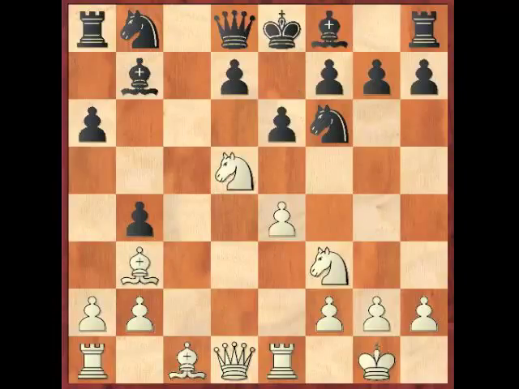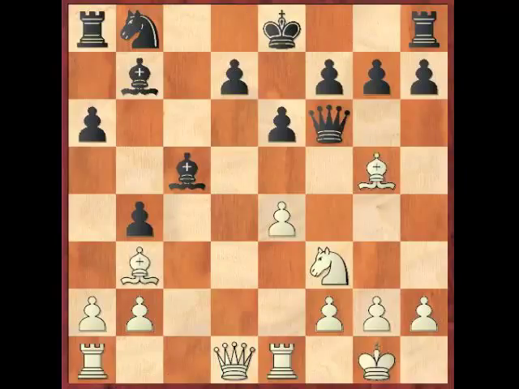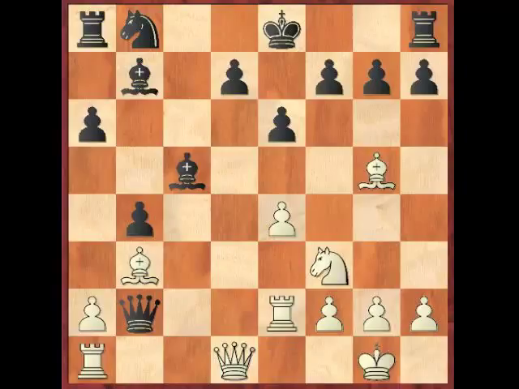Re1. And now instead of exd5, he can try to play Bc5, putting the bishop on an active post. But now we have Nxf6. The only hope for black to survive is if he takes with the g-pawn here. But if he takes with the more normal-looking Qxf6, then we get something like Bg5, Qg6. Well, he could try Qxb2 here, but this is horrible. After Re2,